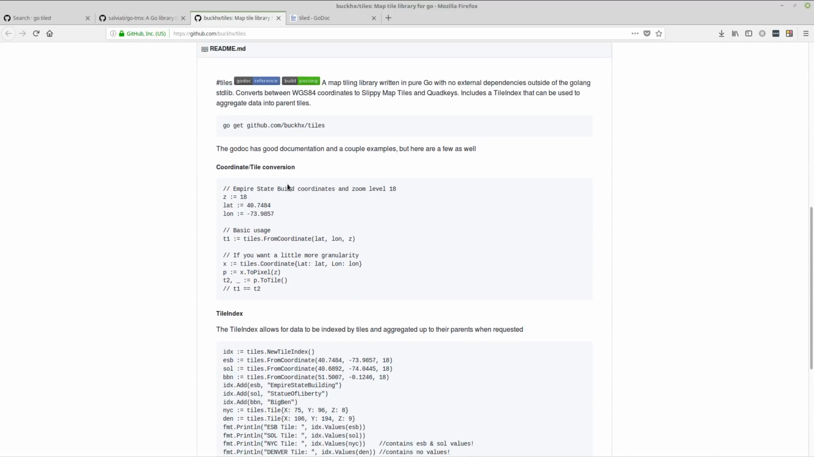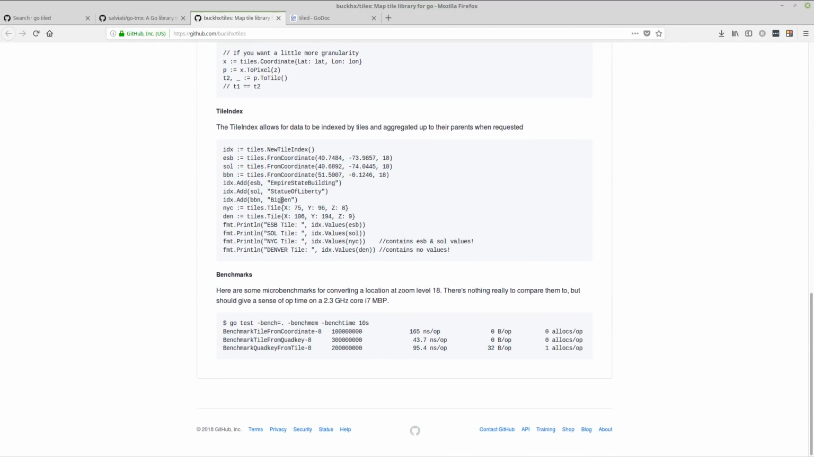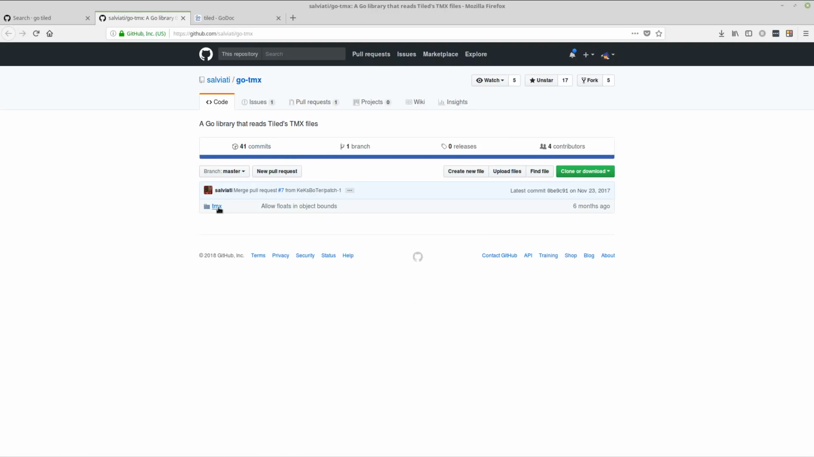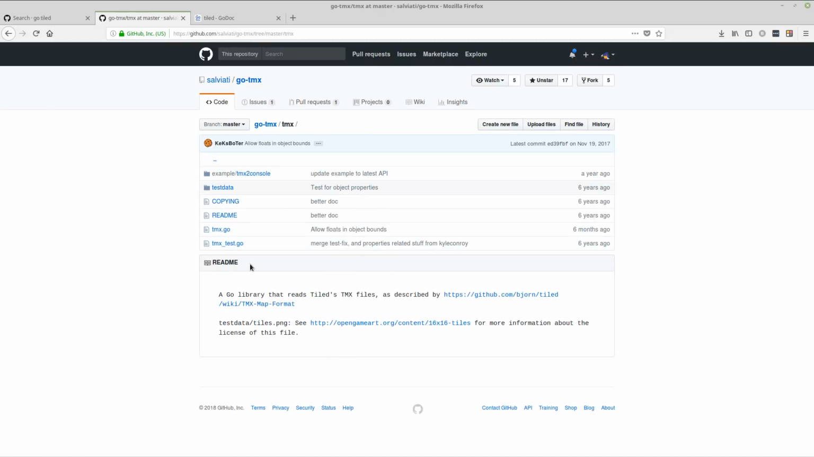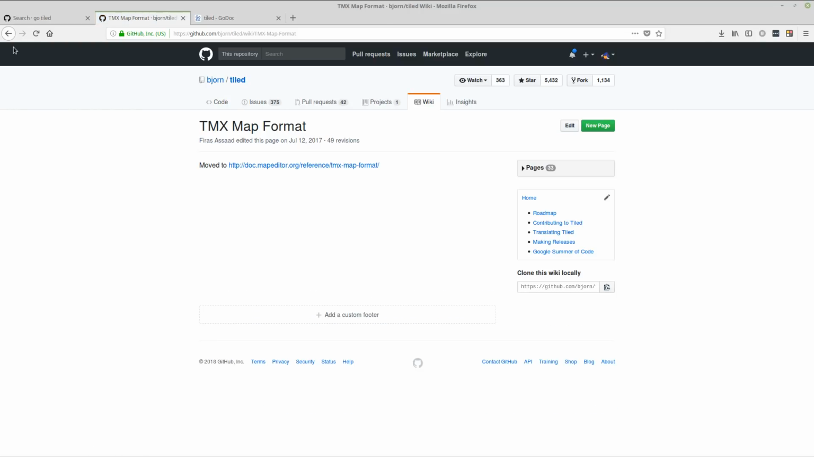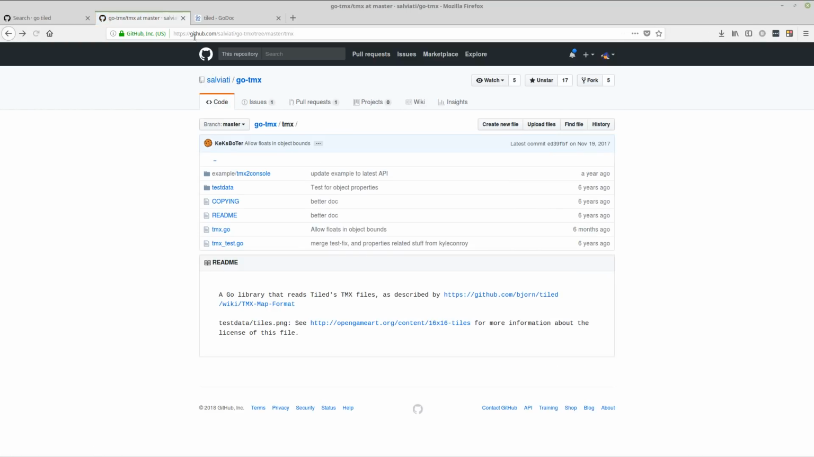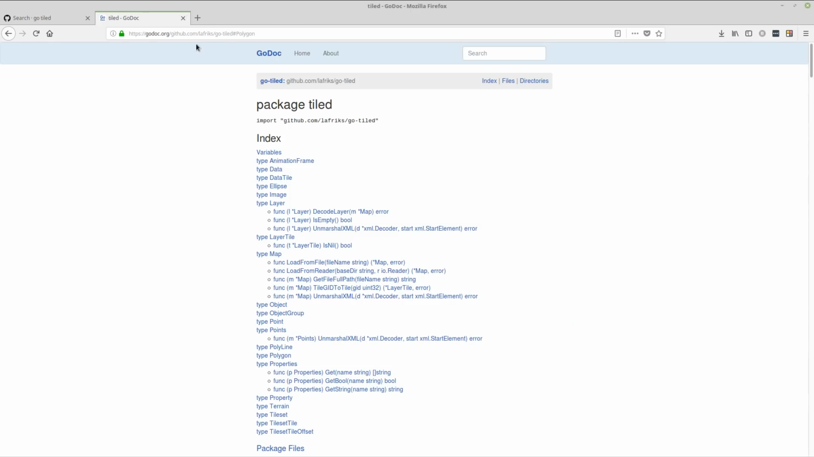Okay, map tiling. Okay, this isn't for tiled. This is just tiling. Okay, never mind. And this is just a repository. Okay, no, here we go. Okay. So what we'll do, we'll probably go with this one because it seems like this is a pretty full-featured